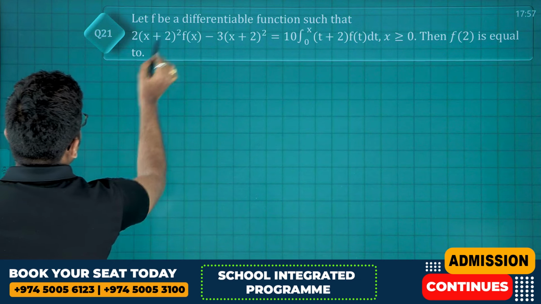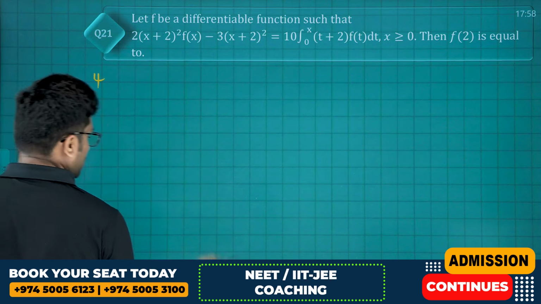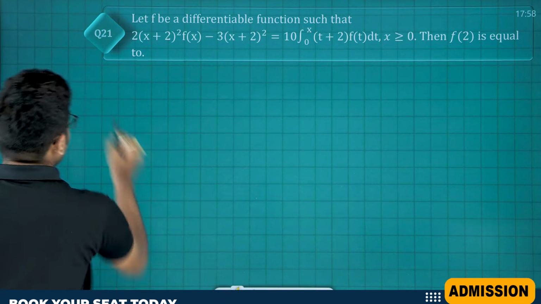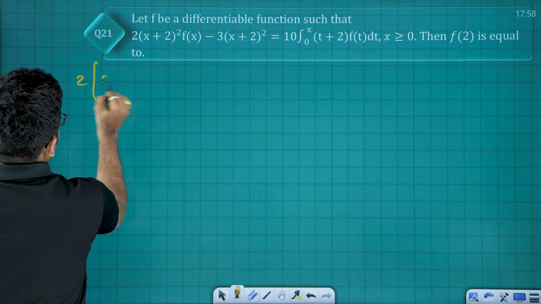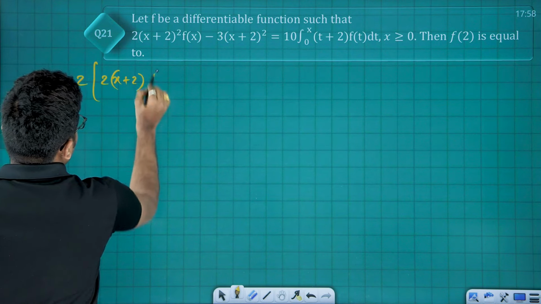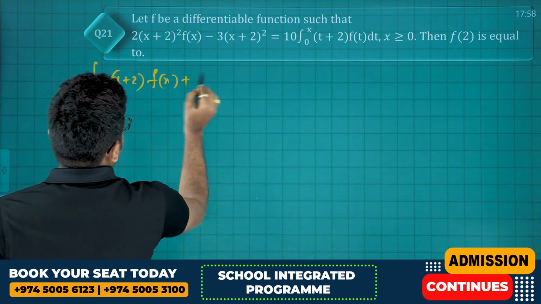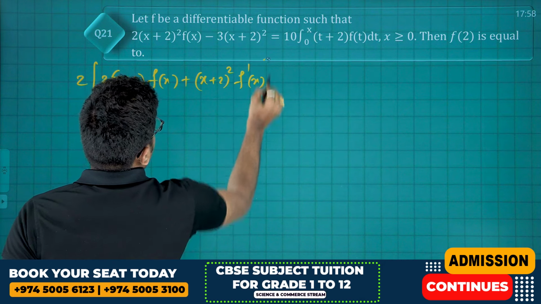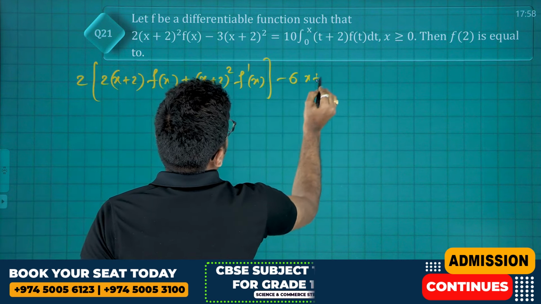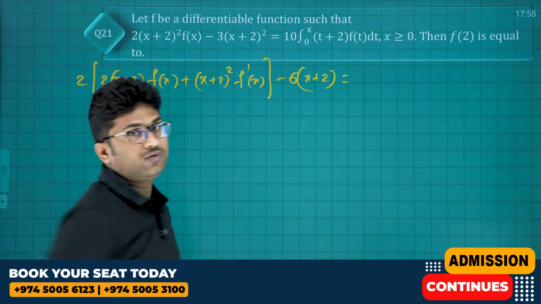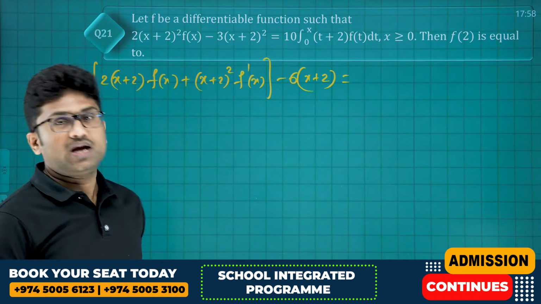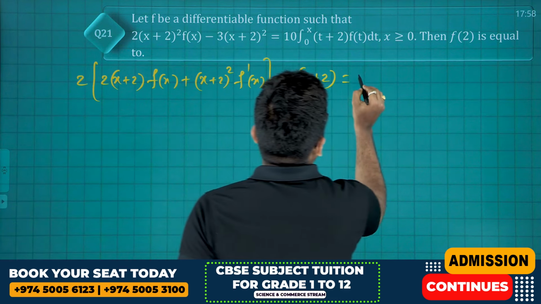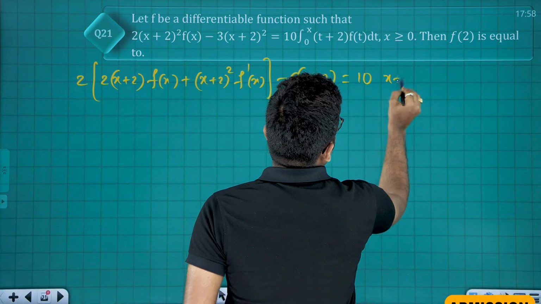2 times (x plus 2) whole square, that is 4 times... okay, we do one thing. 2 into (x plus 2) whole square gives 2 times (x plus 2) into f of x plus (x plus 2) whole square into f dash x, minus 3 2s are 6 times (x plus 2). Leibniz rule. How do we do Leibniz rule? Put the upper limit and then d by dx of the upper limit, minus the lower limit, then d by dx of the lower limit. So that is 10 times (x plus 2)